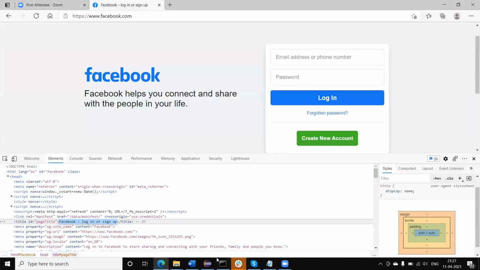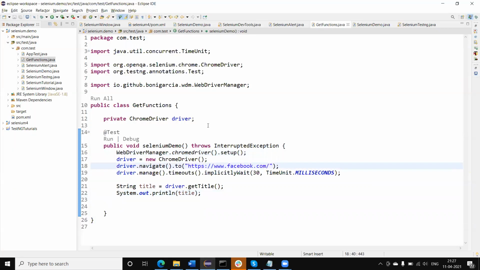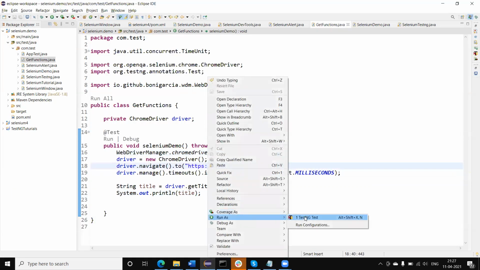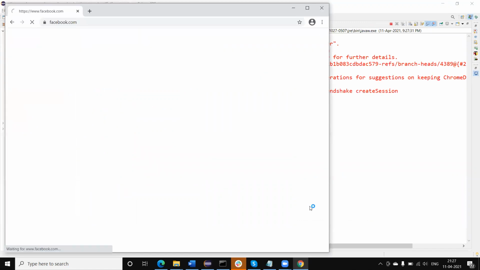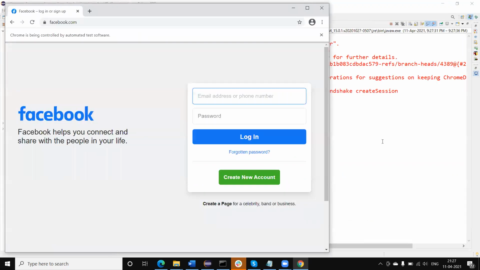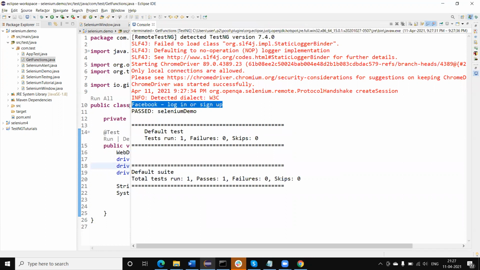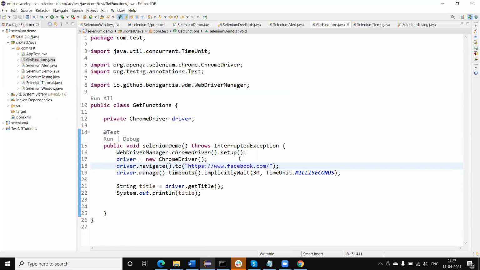Now let me run and show you how this will read and print. Yeah, you can see here the same value I am able to read. This will also play an important role when we want to verify the titles of applications. We can read the title at runtime and verify it.